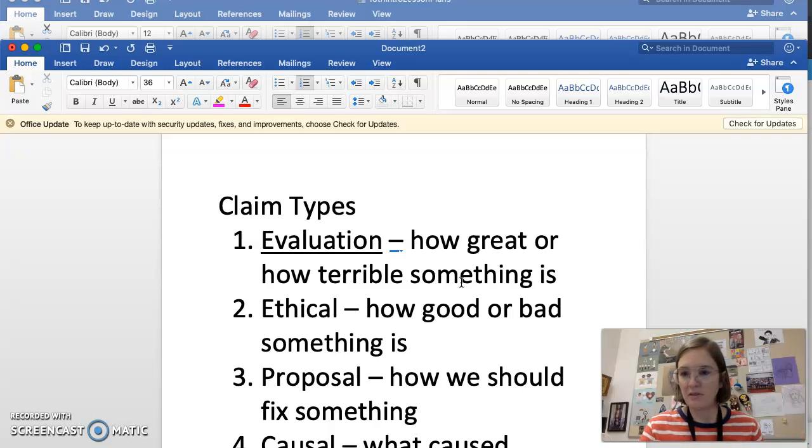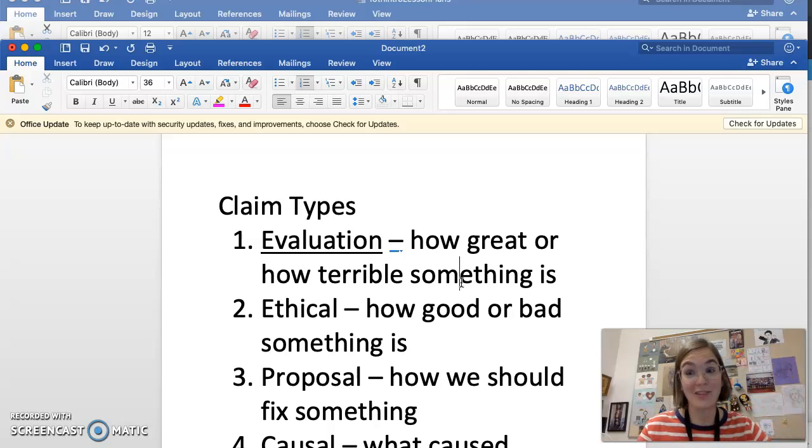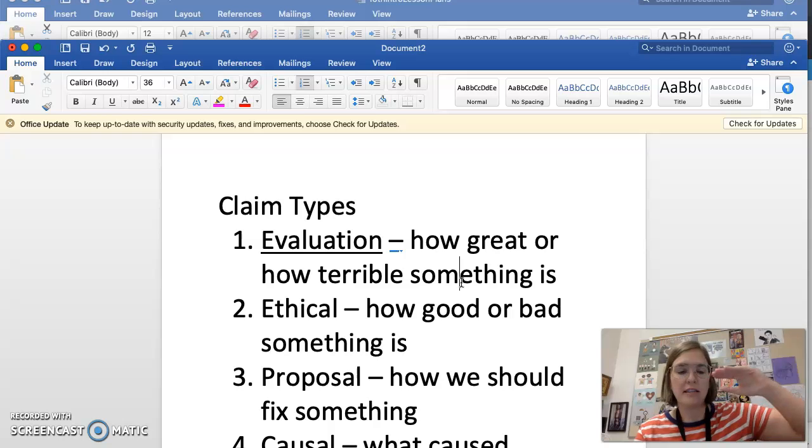You can think about this in terms of movie reviews, for example. Let's say we are trying to review the movie Jurassic Park, now on Netflix. Everyone should watch it. My favorite movie. So we're trying to evaluate Jurassic Park, right? And we are saying, okay, in order for something to be a good movie, it needs to be action-packed, it needs to have good character development, and let's say you want it to be family friendly. Like that would make a good movie to you. You don't like movies that have too much profanity or nudity or something. So you're going to say it needs to be action-packed, good character development, and family friendly.